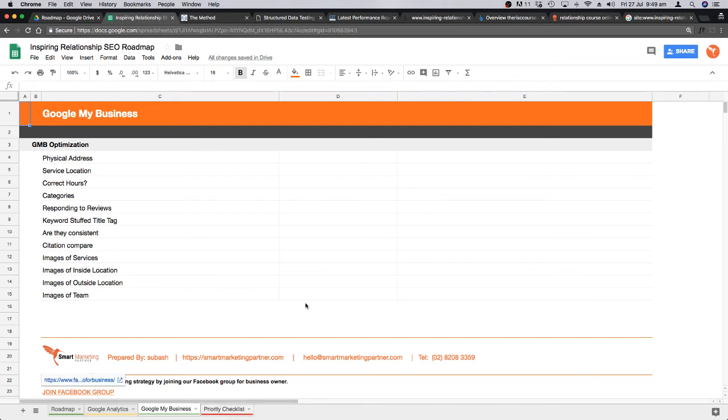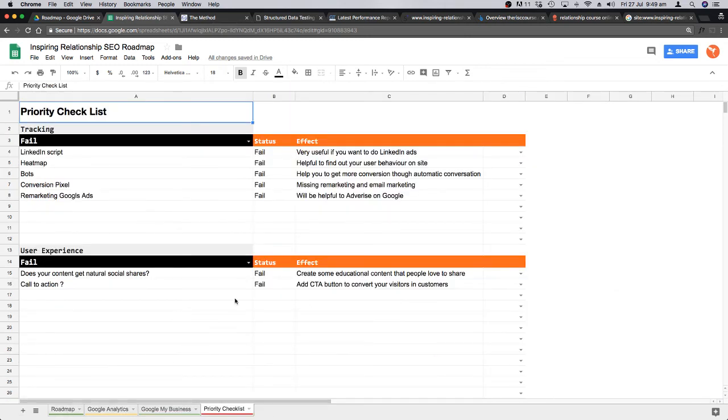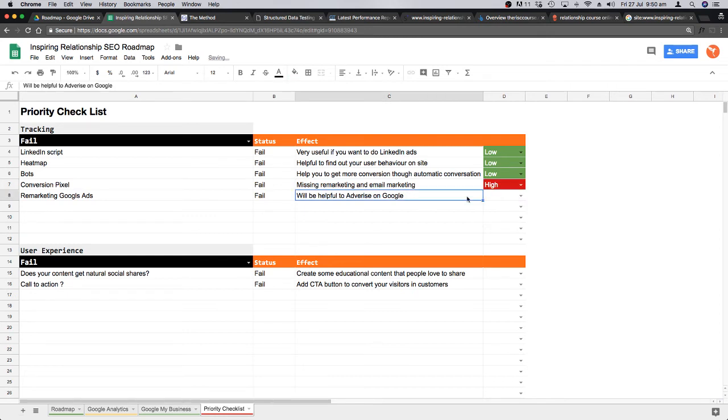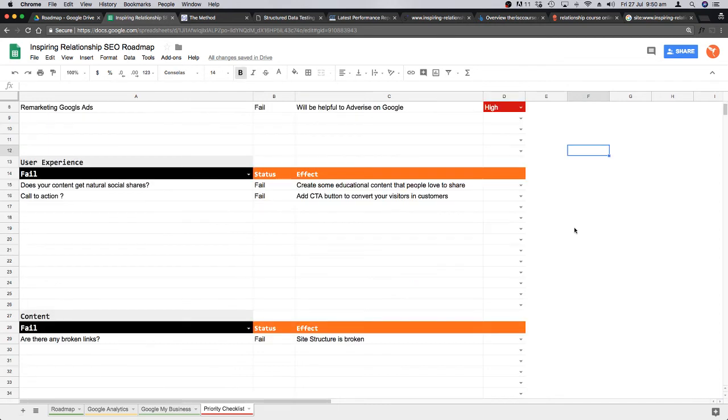Cool. So based on my roadmap, I've just created a checklist. LinkedIn, this one is pretty low. Heat map, I'll say low, just to check the user behavior. Bots, low. Conversion pixels, that's a high one. Remarketing, if you do Google AdWords, that's definitely needed. User experience based,